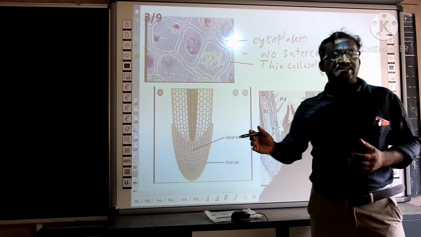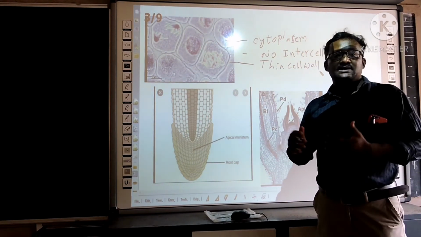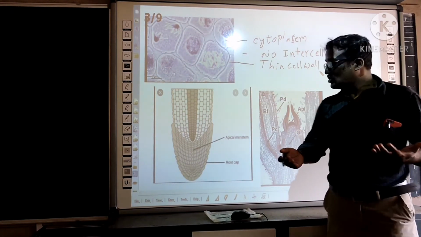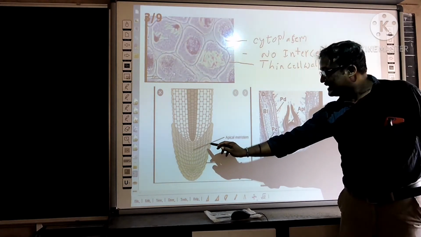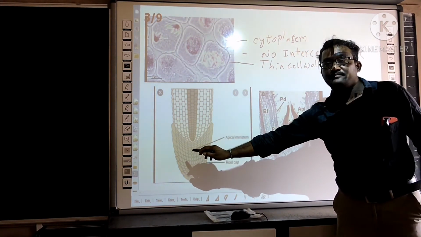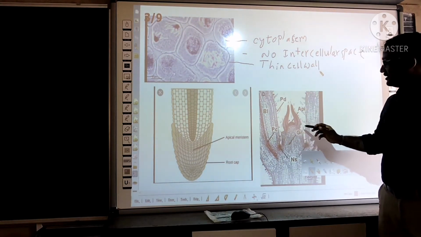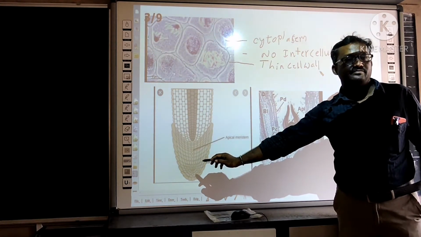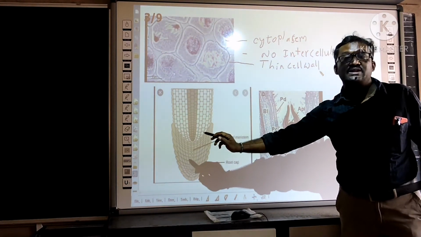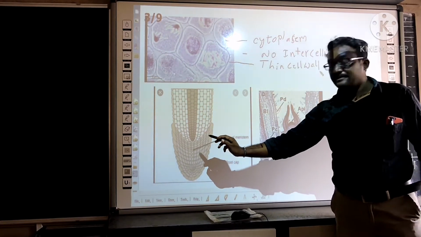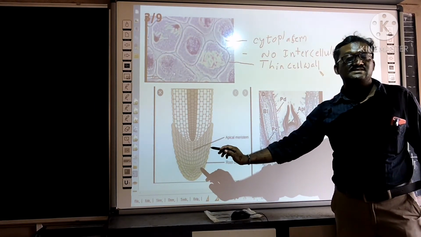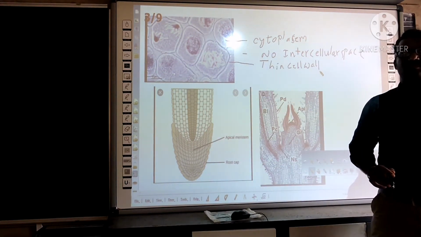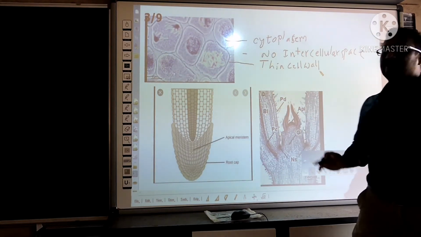Do you think the meristematic cells' arrangement is similar in all parts, like the root tip, shoot tip, and intercalary? That means no. You see the figures. See the arrangement of cells in the root tip, and see the arrangement of meristematic cells in the shoot tip. There is a difference in the arrangement, a difference in the shape. The shape and the size of the cells is related to the function, that you have to remember. Understood? So this is about meristematic tissue.